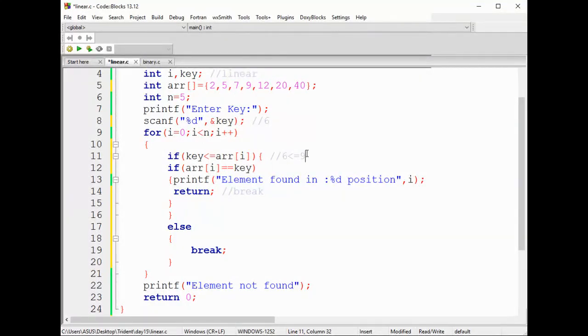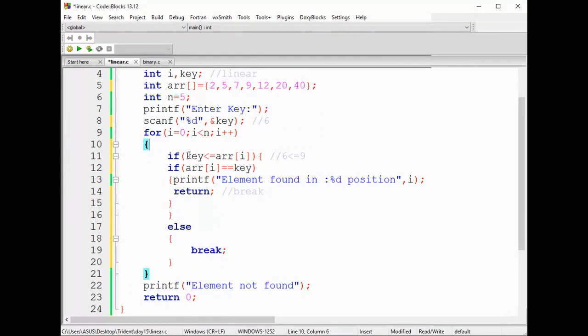Your condition fails, which means it is not required to go for further iterations. It will go to the else and break the loop. If 6 is not found within this range, for sure it cannot be found in the other range, right? So I can break here instead of going till the end. You can apply this condition if you know that you're going to apply the search on a sorted array. This is for your linear search, guys.